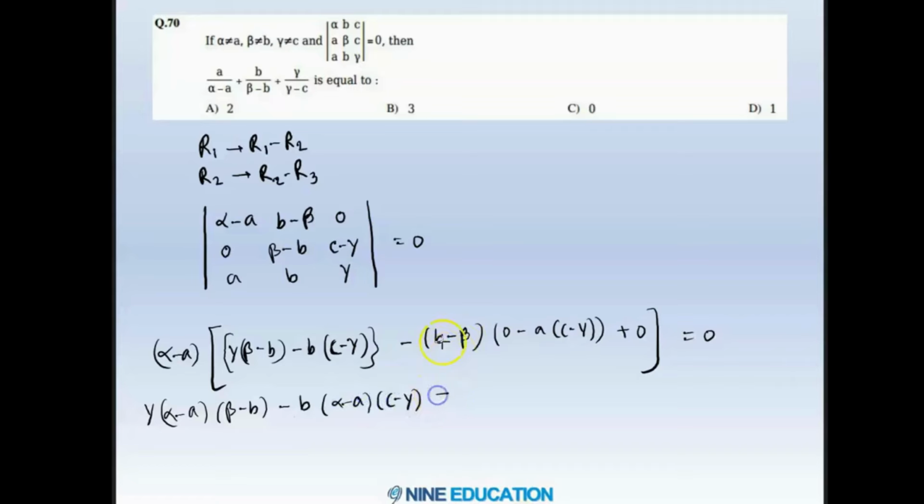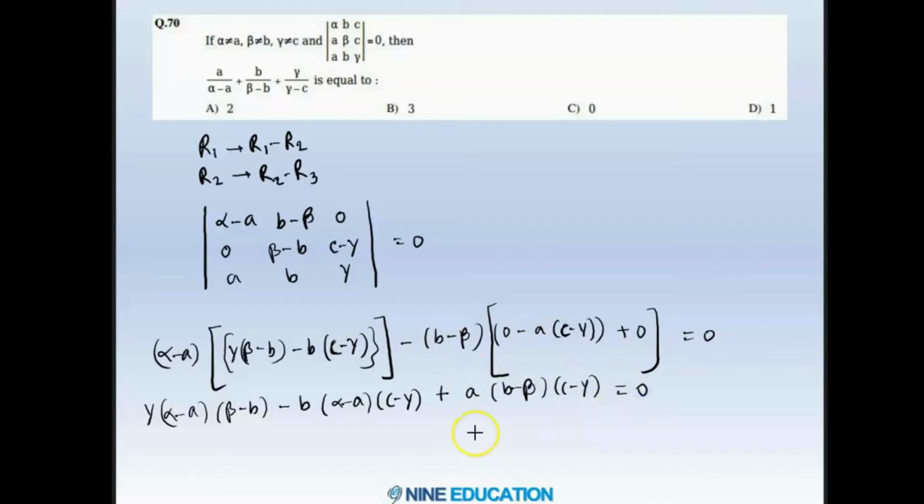And then the last one will be minus of, you can observe this is 0 minus a c minus gamma, so minus minus it will become plus. And also be aware that this is the entire bracket where we need to stop, and after that this is the other bracket. Brackets are very necessary while calculating, otherwise you may end up multiplying wrong terms. So now this is going to be minus minus plus a times b minus beta and c minus gamma,